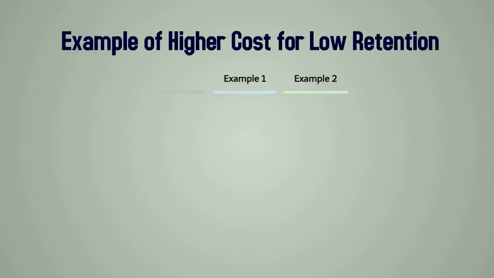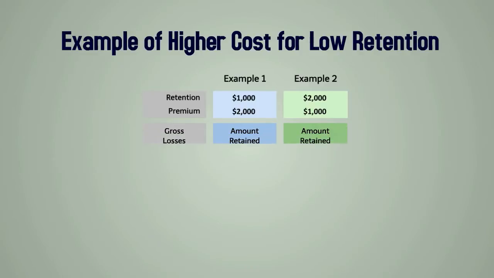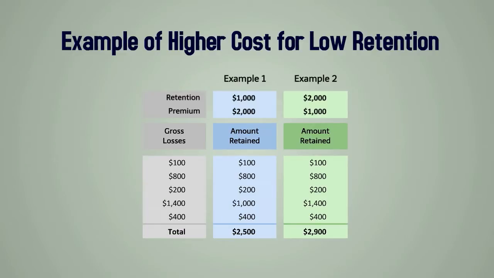Let's look at an example where we have a higher cost for a low retention. So in example 1 here, the per occurrence retention is $1,000, and we're going to pay a $2,000 premium for that policy. In example 2, we have a retention at $2,000, and the premium we're going to pay for that policy is $1,000. Now, using just some example claims at $100, $800, $200, $1,400, and $400, we can see